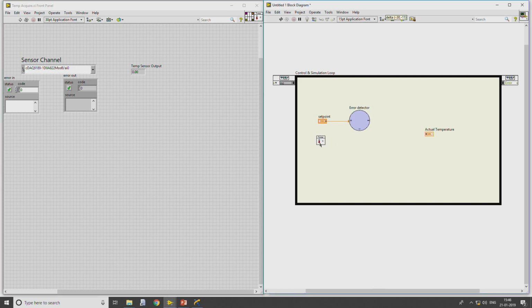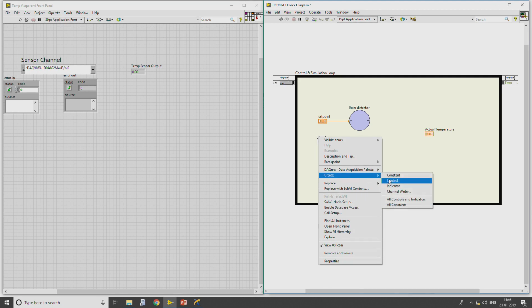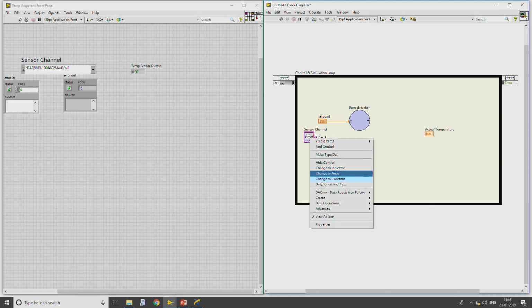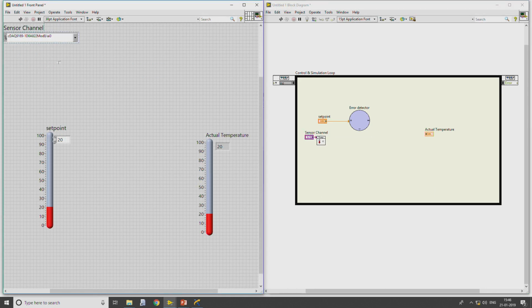Whatever the output that we get, we have to provide the channel. So, create control, I am creating a control. Since the default is this particular channel, it will automatically set. Now, what is the mapping factor that we consider for the set point? If you recall, the mapping factor that we use is 1 volt per 10 degrees centigrade, meaning if I provide input as 1 volt, the system will understand that it has to operate at a temperature of 10 degrees centigrade.